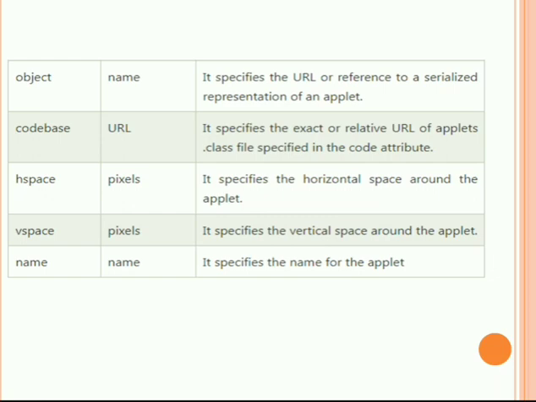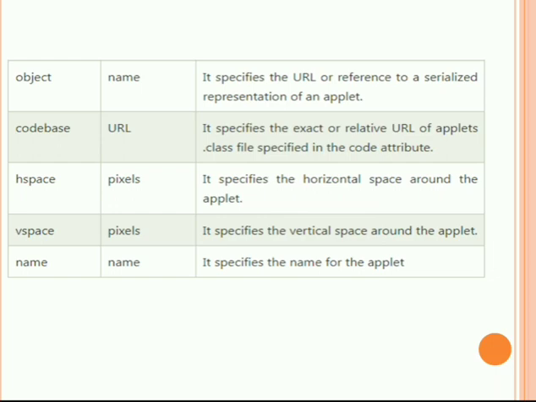These are all the applets present in Java. Now we will see what the applet tag is. The applet tag has only 3 attributes. One is the code attribute, sorry, it specifies the name of the applet, that is the .class file. Width specifies the width of the applet, in pixels, and height specifies the height of the applet.